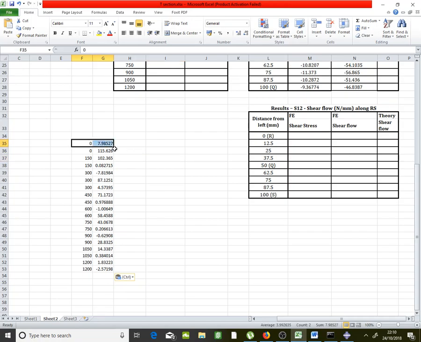I will delete this, and for 150 millimeter I will delete this, and then I will delete this and this value, and then for this value I will delete this. For 600 I will delete this value. For 750 I will delete this value. For 900 I will delete this value. For 1050 I will delete this value, and 1200 delete this value. So these are the maximum values for the distances,